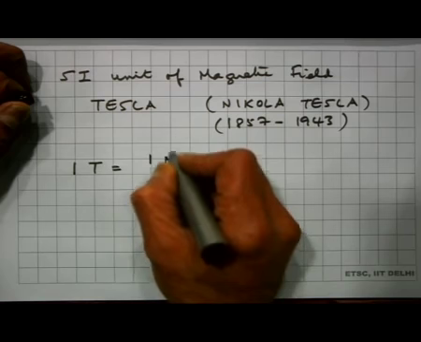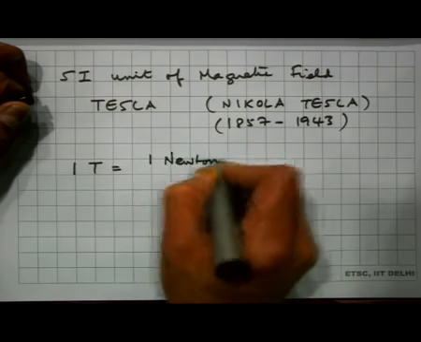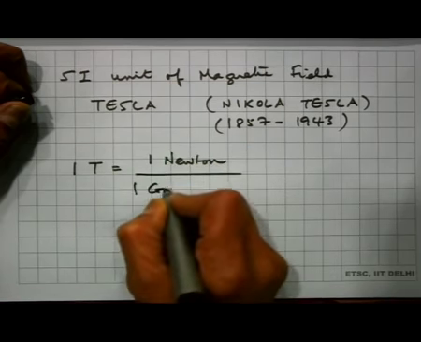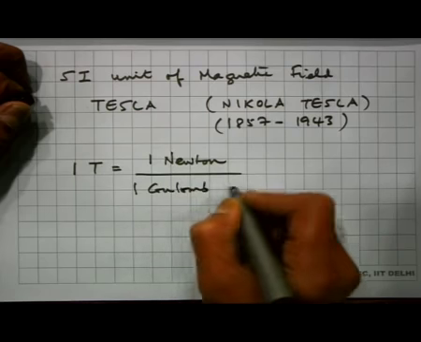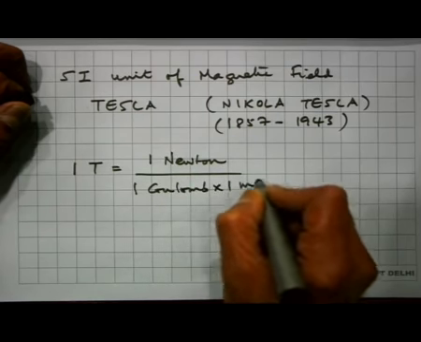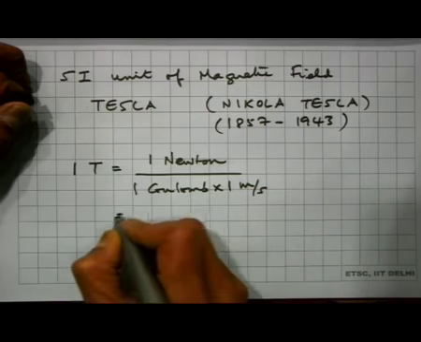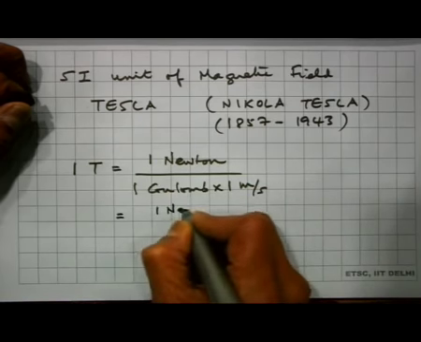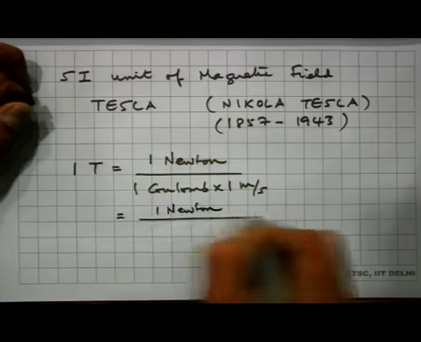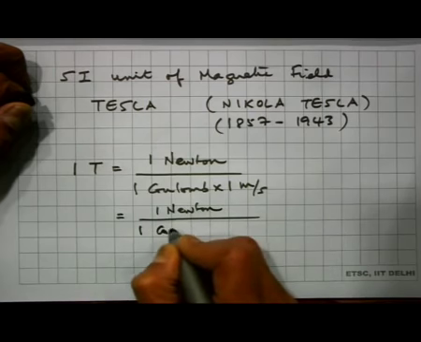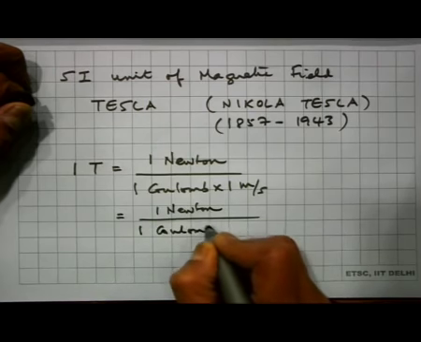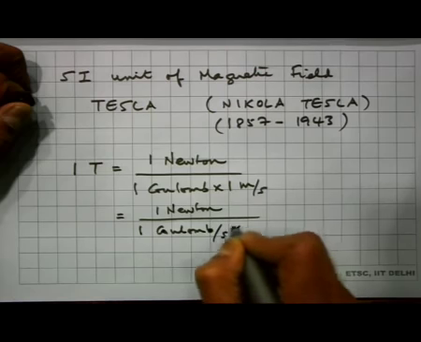So 1 Newton by 1 Coulomb into 1 meter per second, which is also 1 Newton by 1 Coulomb per second into 1 meter,